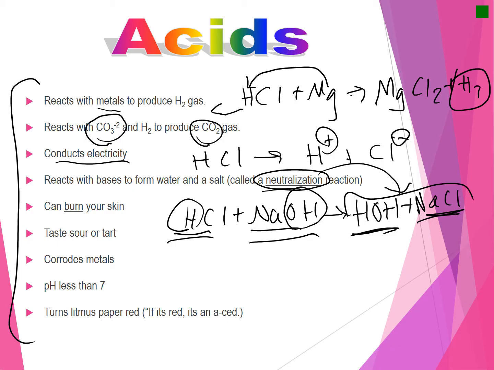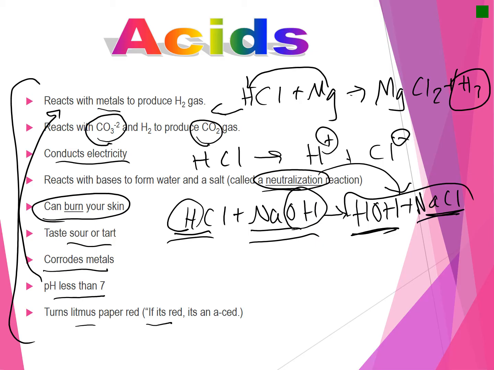As you guys probably note, it can burn your skin. So it can cause these chemical burns. It tastes sour or tart. It can corrode metals. That's because it reacts with these metals. It has a pH less than 7, and it can turn litmus paper to red. So if it is red, it's an acid. That's just one way to remember it. And you will have to memorize all of these different